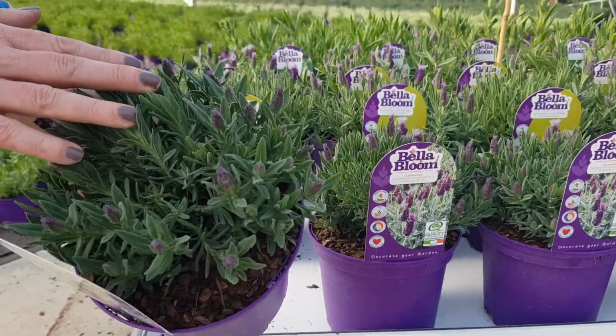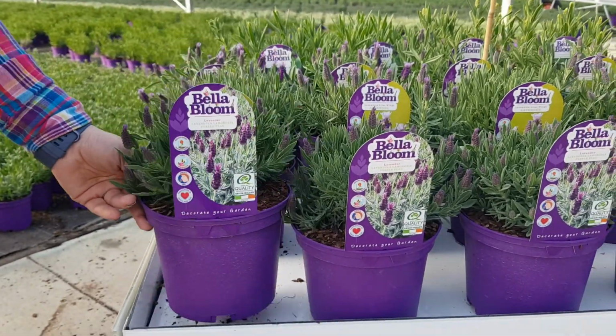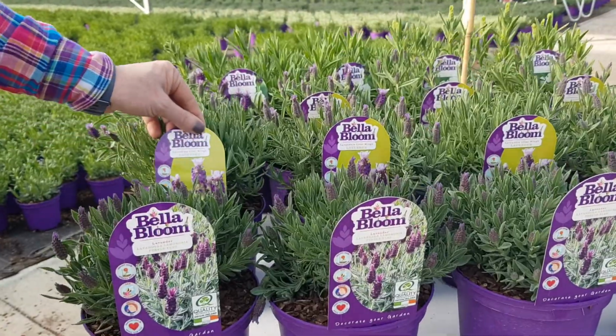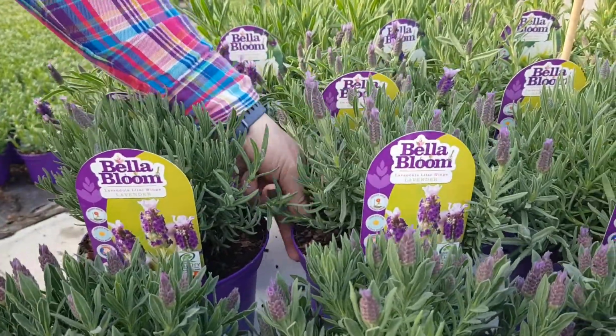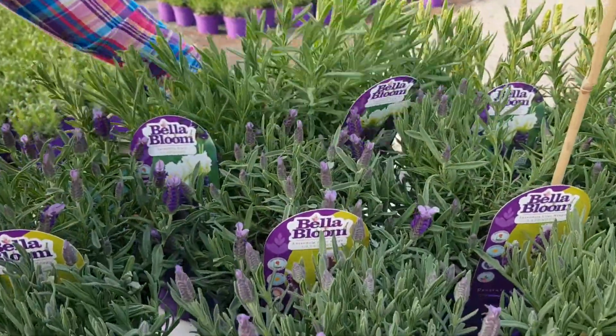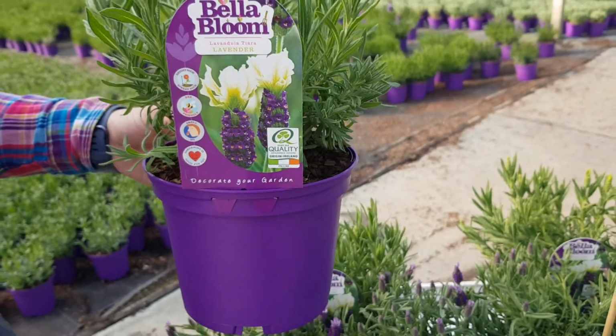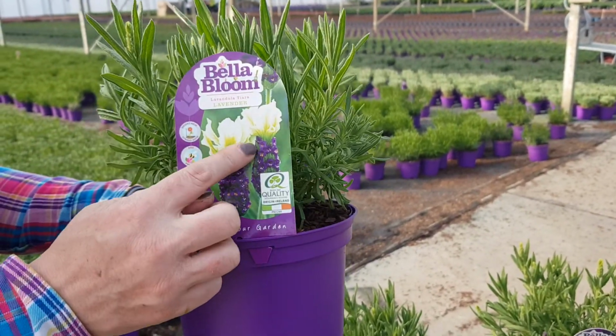Covered in buds. Look at all the buds. Gorgeous. Has the bee symbol as well, which is very important at the moment. Bees are looking for food. Lilac Wings again, lovely and compact. Really good quality. Behind that we have Tiara, which I absolutely love, one of my favorites. I think it's because I like the colour of the foliage, and the flowers are really